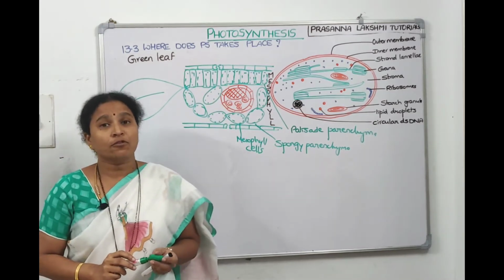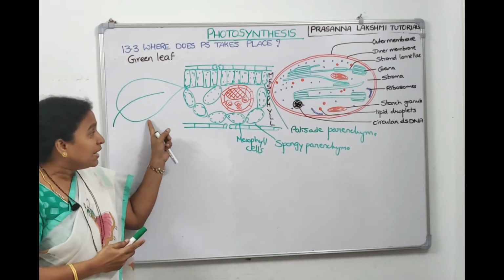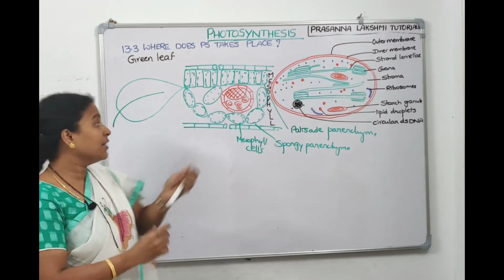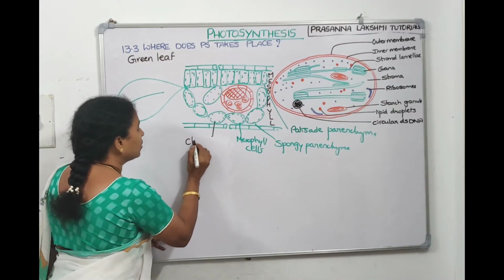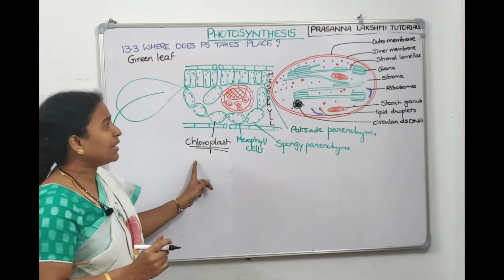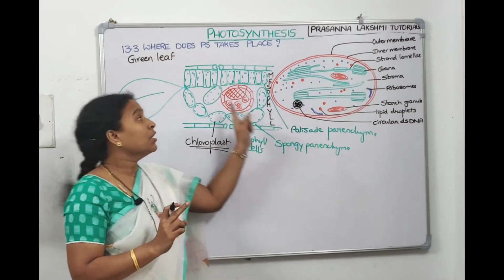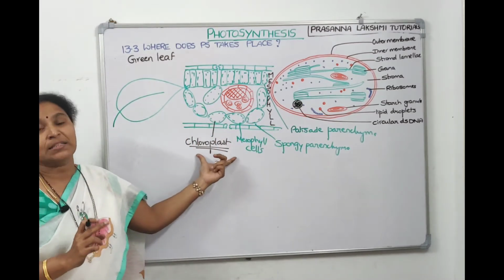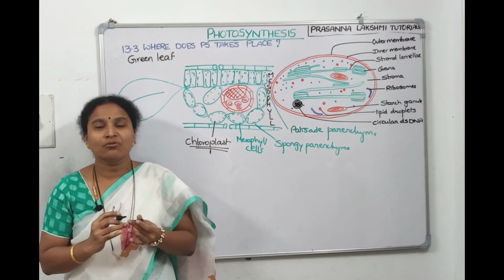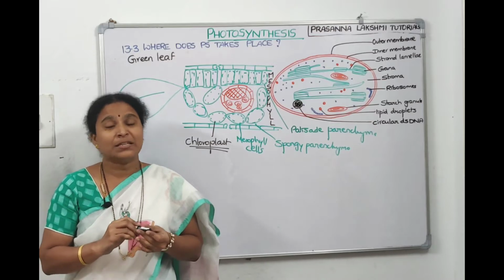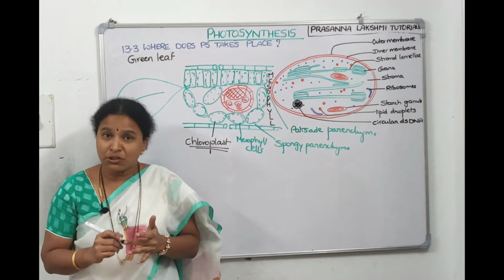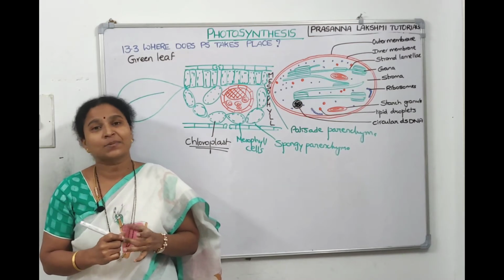So we understood that photosynthesis takes place in the green leaf, and in the leaf there are some specialized cells called mesophyll cells. In these mesophyll cells, what are these structures called? Chloroplasts. One enlarged view of chloroplast has been given in NCERT. This we will discuss. So we came to a conclusion that the organ where photosynthesis takes place is the leaf. In the leaf, which region? Mesophyll region. What cells? Mesophyll cells. What organelle of the mesophyll cells? Chloroplast.